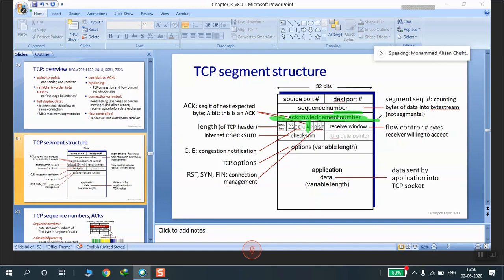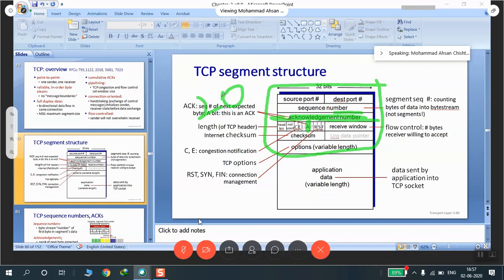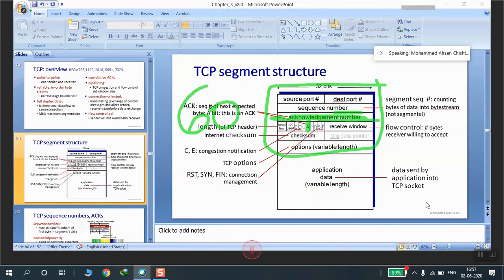The maximum size is 15 words, which in other words means the minimum size of the TCP header is 20 bytes, which is 5 words. And the maximum that we have here is 60 bytes, which corresponds to the 15 words.